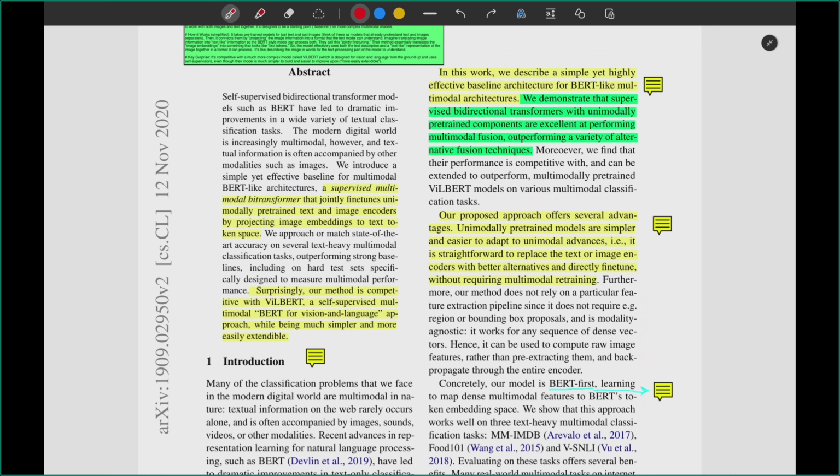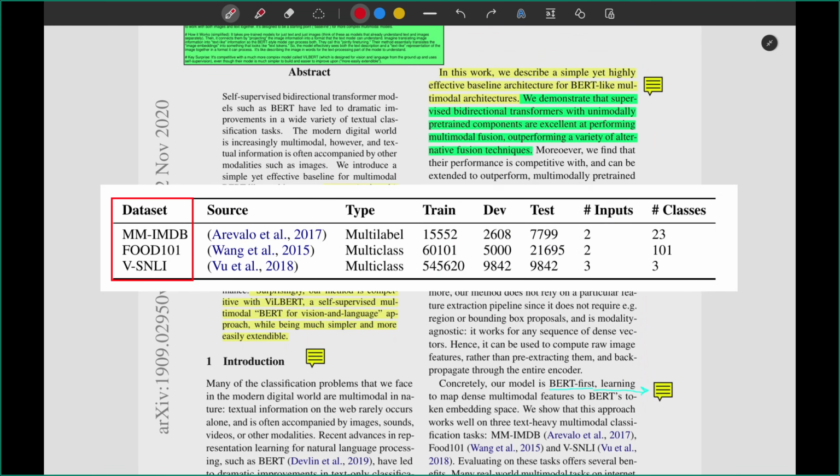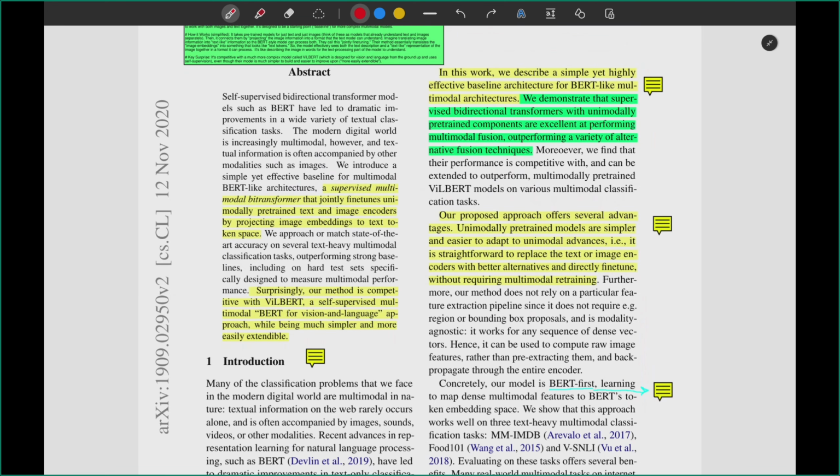I want to mention an important note. Their method centers around BERT, meaning the system is built so that everything eventually fits into BERT's token-based framework. This makes the fusion of text and image data more natural and allows the model to leverage BERT's strength and power. The authors test their approach on three specific classification tasks, MM-IMDB, Food101, and V-SNLI, that while involving images